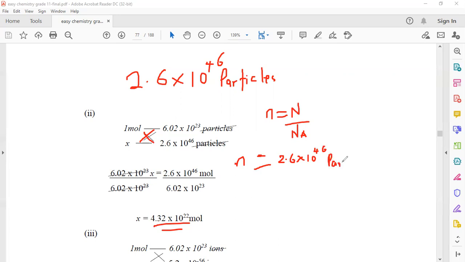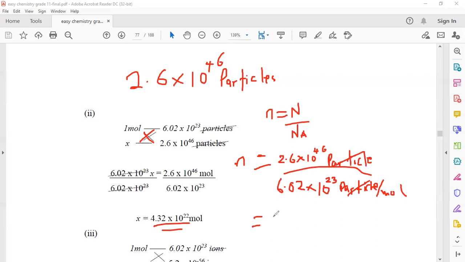Make sure that you're very consistent with the units, like we always say. More concept is about units. So divided by 6.02 times 10 to the power 23 particles per mole. So that the particles and the particles will cancel, and it will still give you